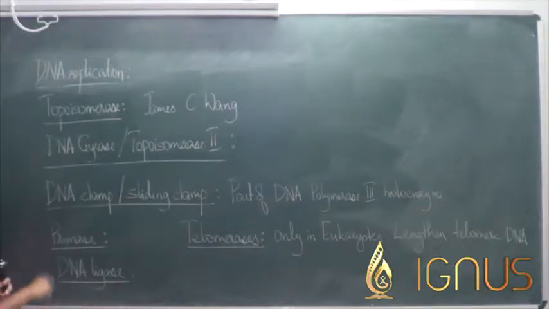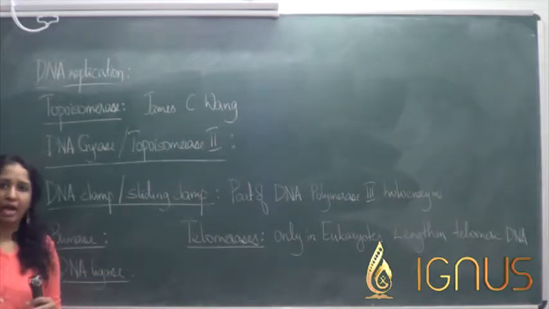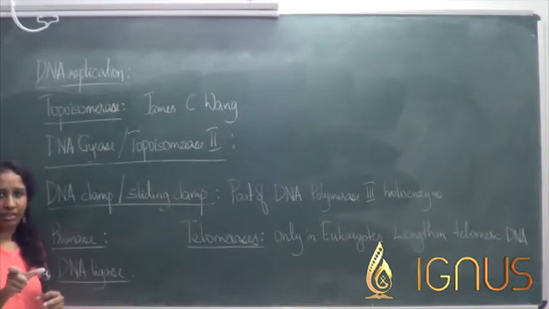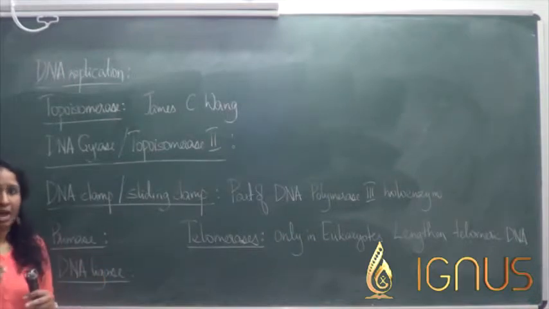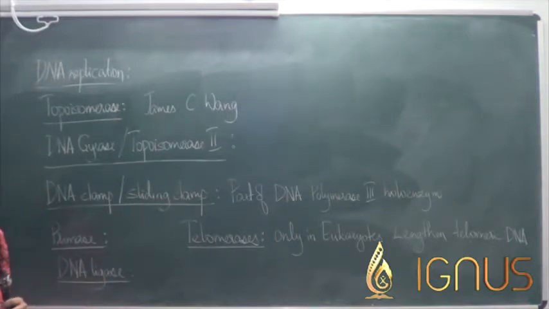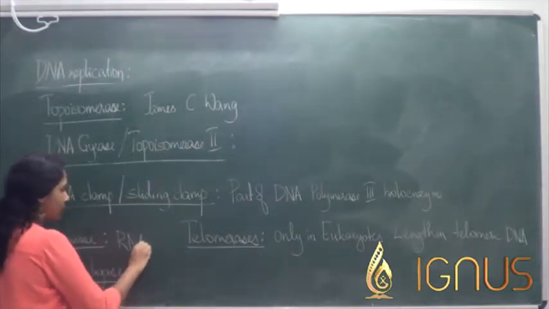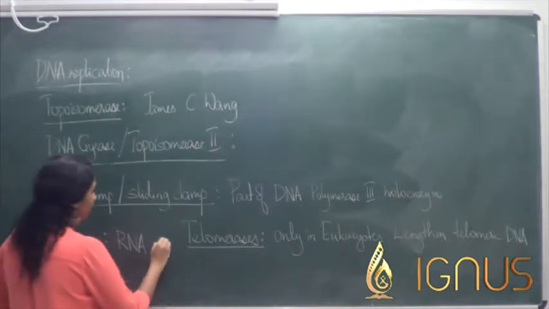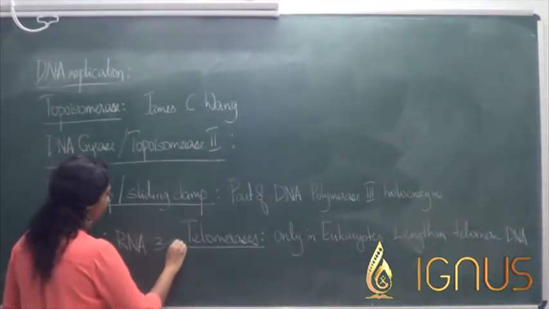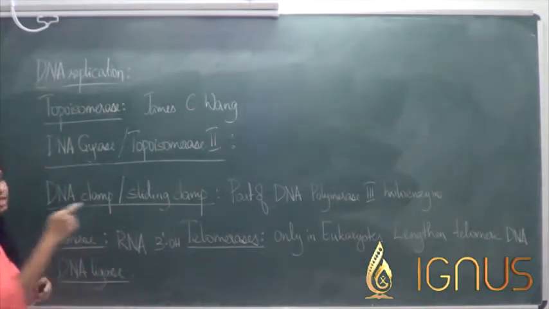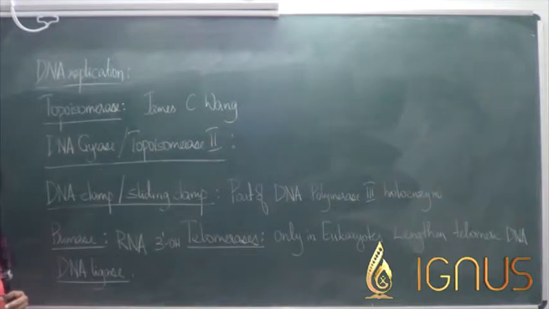Okay. The next enzyme would be primase. Like I was saying before, primase is an enzyme which is going to add a primer, which is going to be a short length RNA. Okay. You always need to remember this, that the primer is going to add an RNA segment and it's not going to be a DNA segment. So it's going to be a short RNA segment which is going to provide a 3' free OH group, using which the DNA polymerase can synthesize the new strand